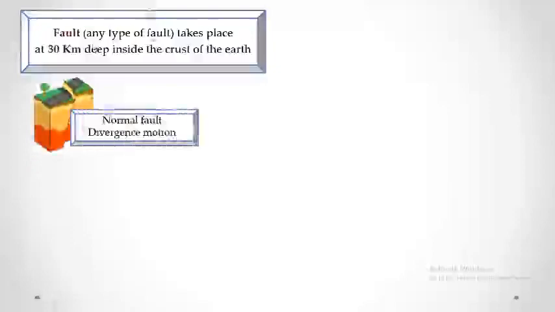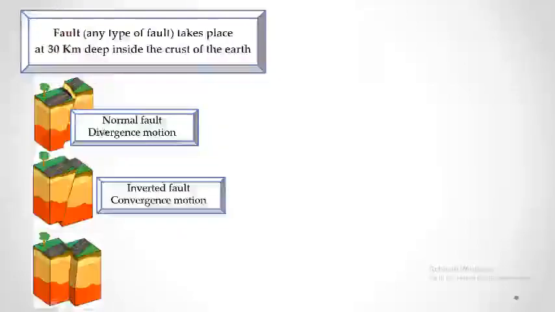Starting with the events that take place inside the earth, so we get an earthquake. The first point to be mentioned is that we are at the boundaries of two plates. And at the boundaries of two plates, we usually have faults, no matter what the type is. So it could be a normal fault with divergence motion, or inverted fault with convergence motion, or a strike-slip fault with a horizontal motion. Because we have two blocks and these two blocks are in continuous motion,